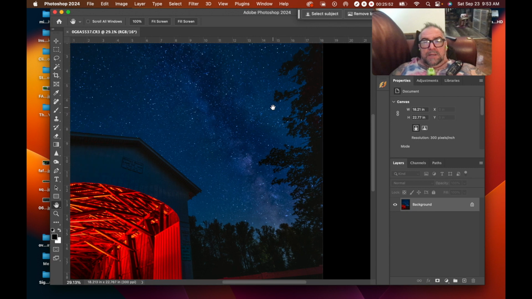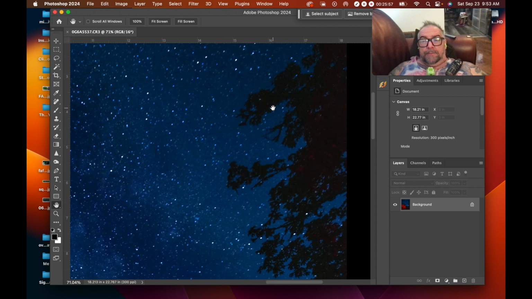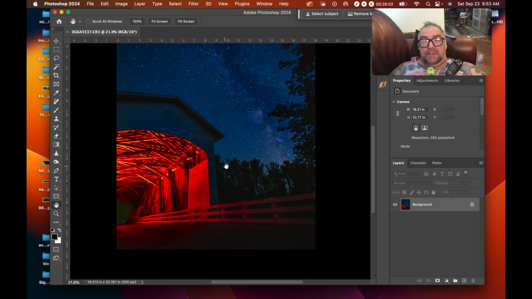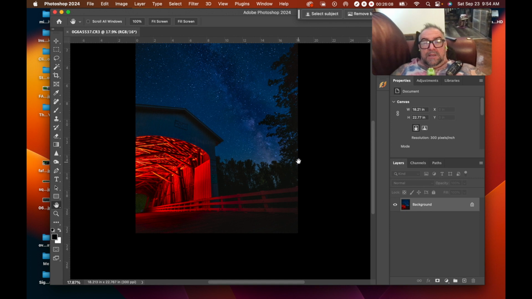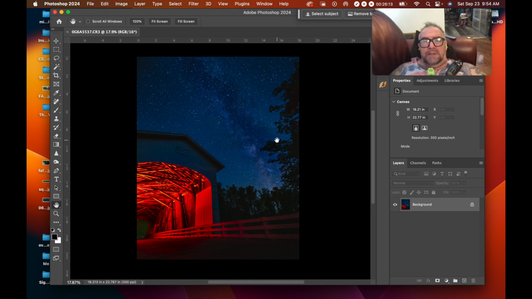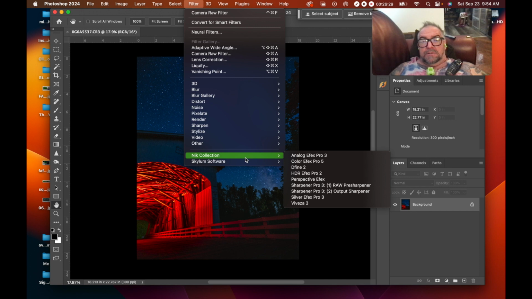So what we're going to do now is just look for imperfections. I'm already seeing some things that I messed up on, and they're pretty easy to fix. For one, I should have run the denoise because this is a night picture. Night pictures tend to have a lot more noise. Instead of going back into Camera Raw, or you could go into Lightroom if that's your poison,